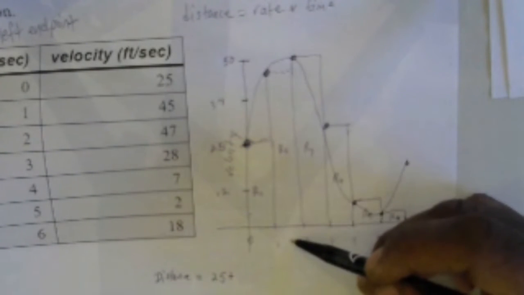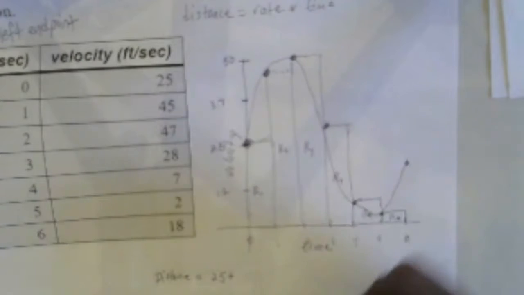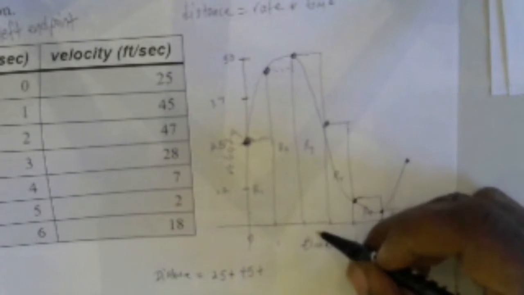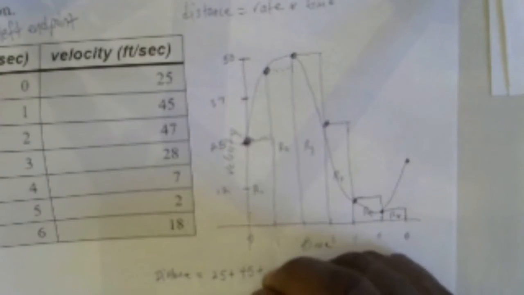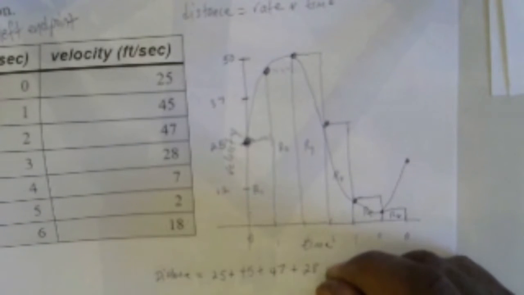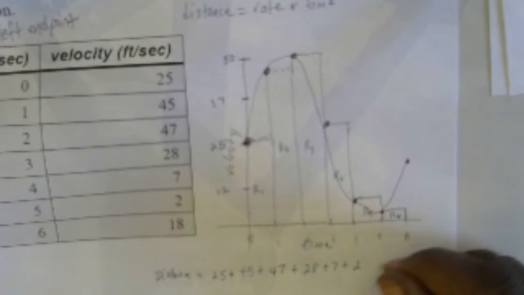For my second rectangle, I'm going to multiply my time, which is 1, times my height or my speed, which is 45. For rectangle 3, here again, the time times the rate, which is 47. And if I repeat this process,